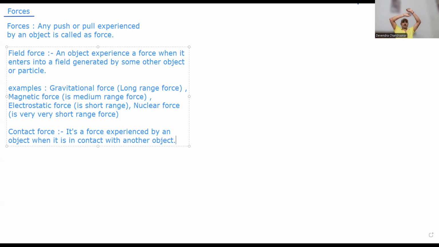It's a force experienced by an object when it is in contact with another object. ठीक है. I hope all of you are able to